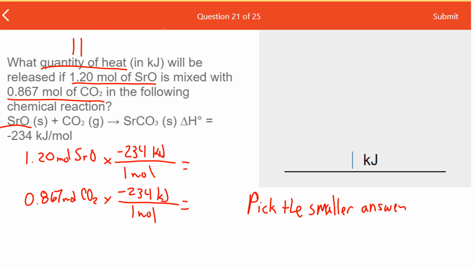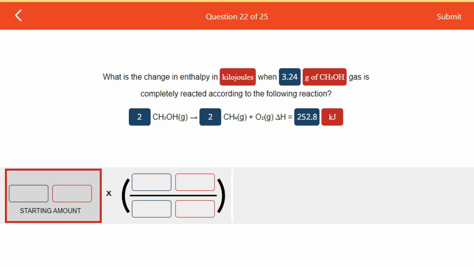All right. So again, this one was a limiting reactant question, even though it wasn't asking about limiting reactant. It was asking for a limiting reactant based off of a theoretical yield. All right. And then number 22 is doing the same thing, but this time we have drop and drag stuff. All right. So